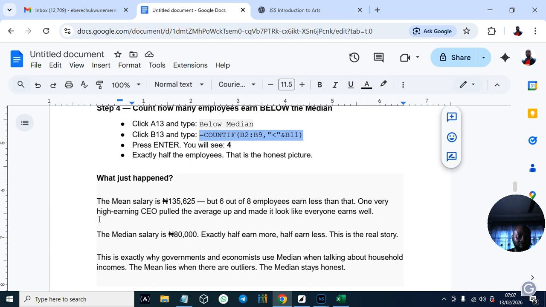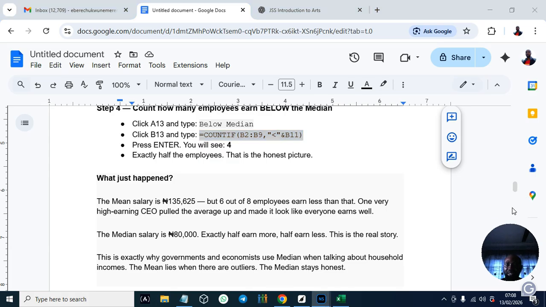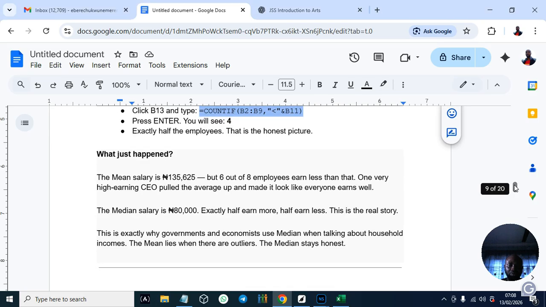One very highly paid CEO put the average up and made it look like everyone earns well. When you are judging it, if there is an outlier, you see that 500,000 pushes it up. If you are checking whether everybody is earning well, it will not give a true picture.